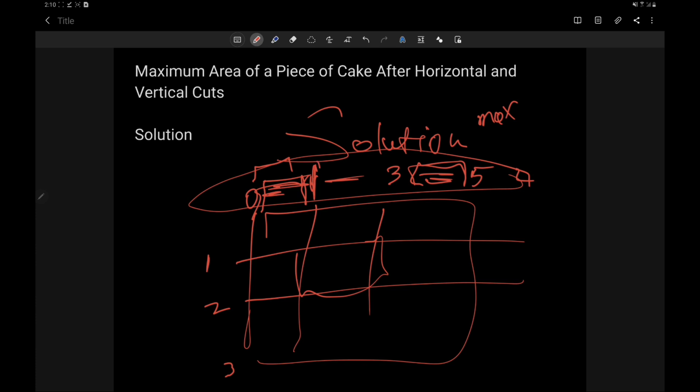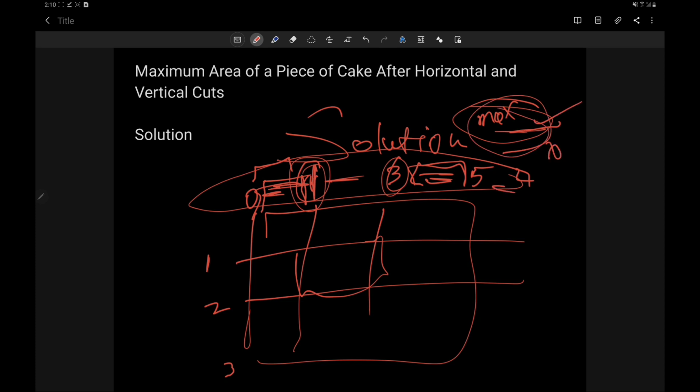After that we will loop from the second value to the last value, because for the first value it would be the distance as well, and find the maximum distance between two consecutive cuts. If it's greater than the maximum we already have, then we update it, or else we don't.